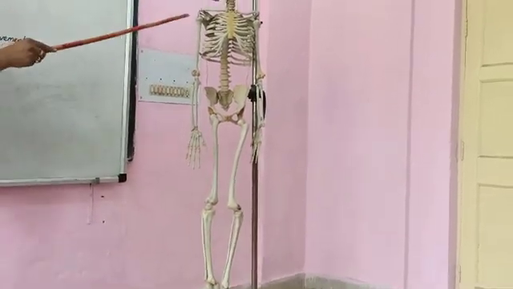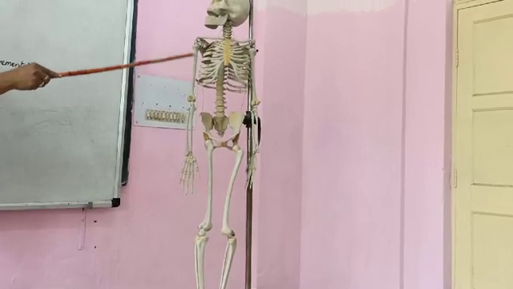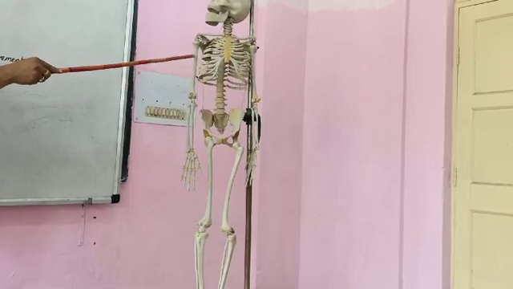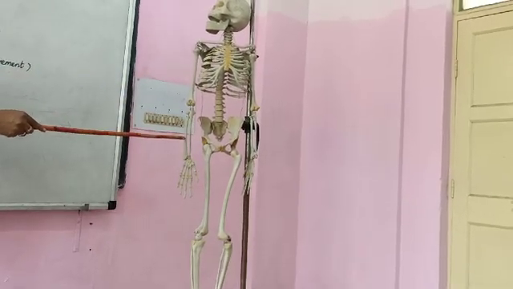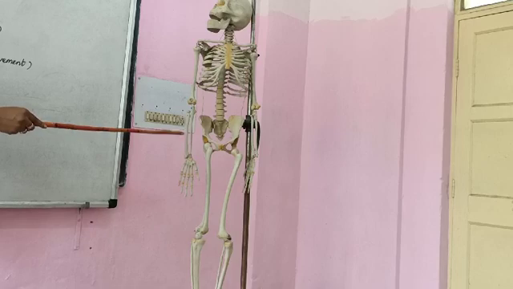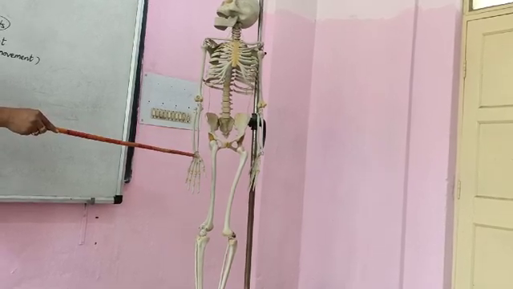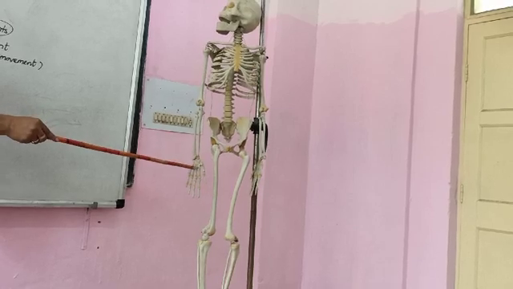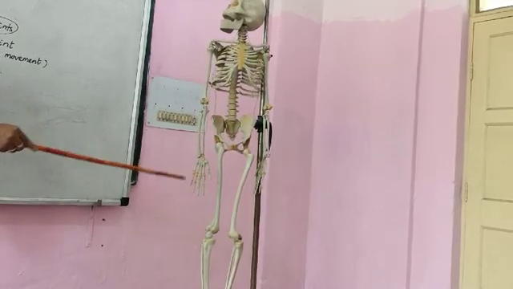The bones of the forelimb consist of the arm bone, called the humerus, and the forearm bones consist of two bones: one is the radius and the other is the ulna. Again, the wrist bones are called carpals, the palm bones are called metacarpals, and the finger bones are known as